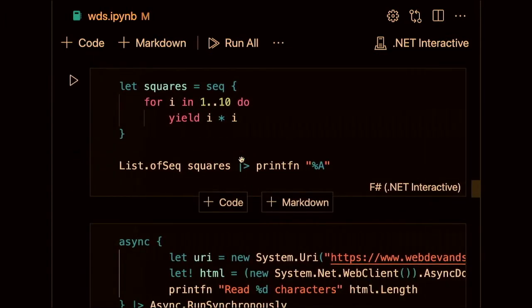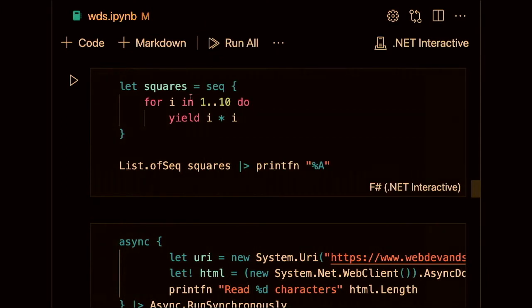But actually, F# has quite a nice abstraction over these things. So a computation expression is basically a way to make many things easier when you write some program. For example, here we have a computation expression called sequence, and it's a way to make lazy sequences in F#. So if you look here,